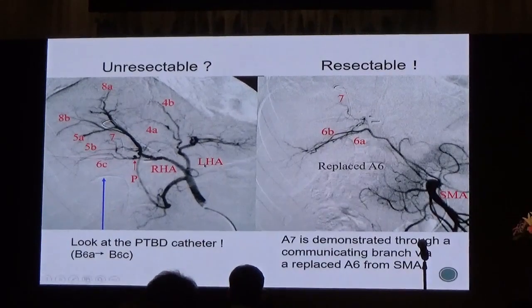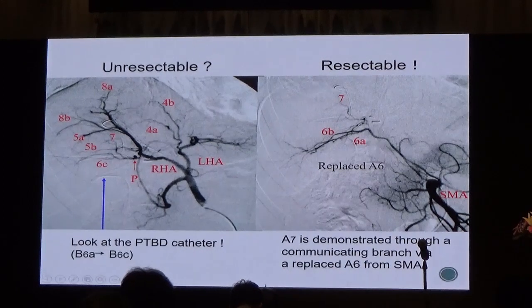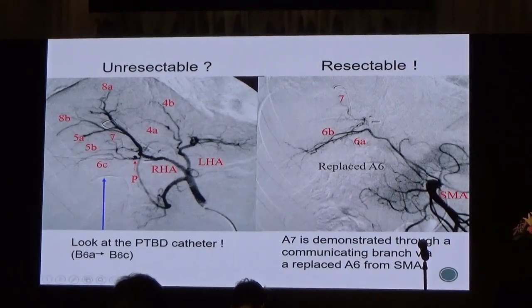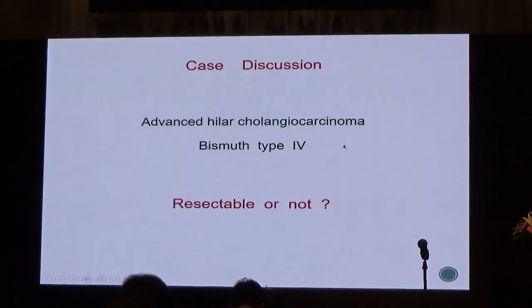Next, hepatic arteriography shows diffuse cancer invasion along the left hepatic artery and the right hepatic artery. Both right and left hepatic arteries are diffusely involved. However, during our own angiography, we could find a replaced right posterior hepatic artery, which was not involved by local cancer extension. And the subsegmental branch of segment 6 could be demonstrated. And here you see collateral circulation communicating